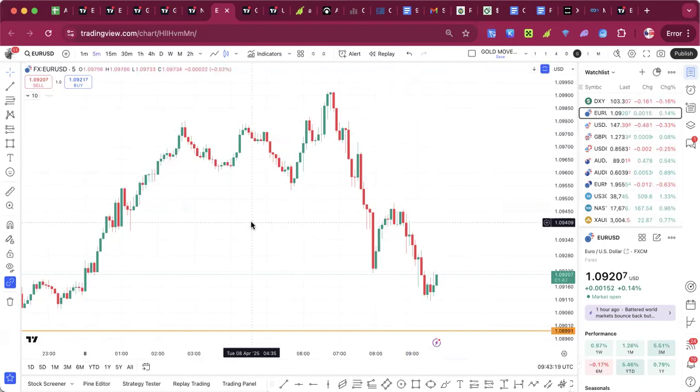Price action, support and resistance strategy. It's a very, very massive strategy. Simple to